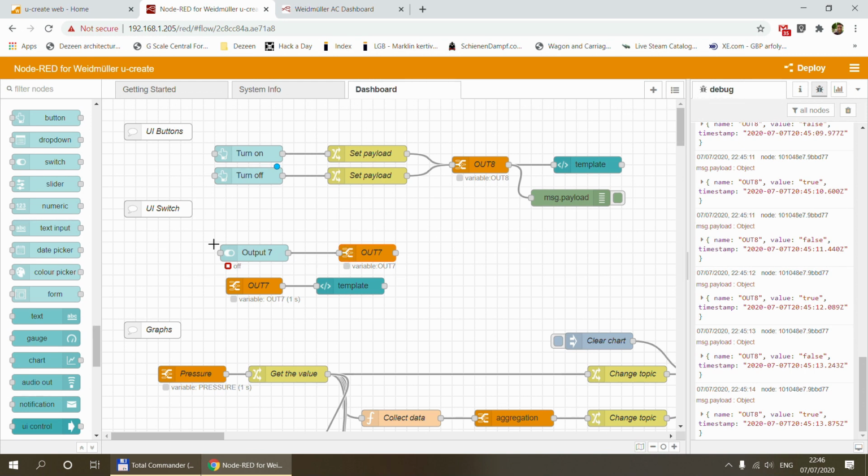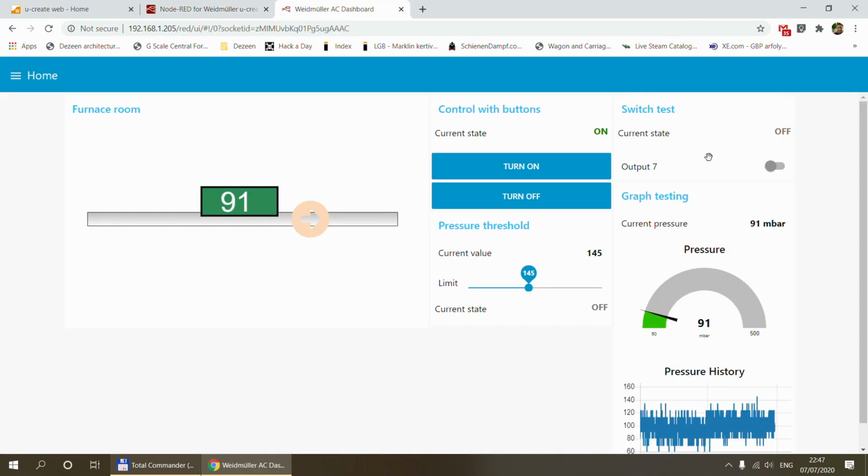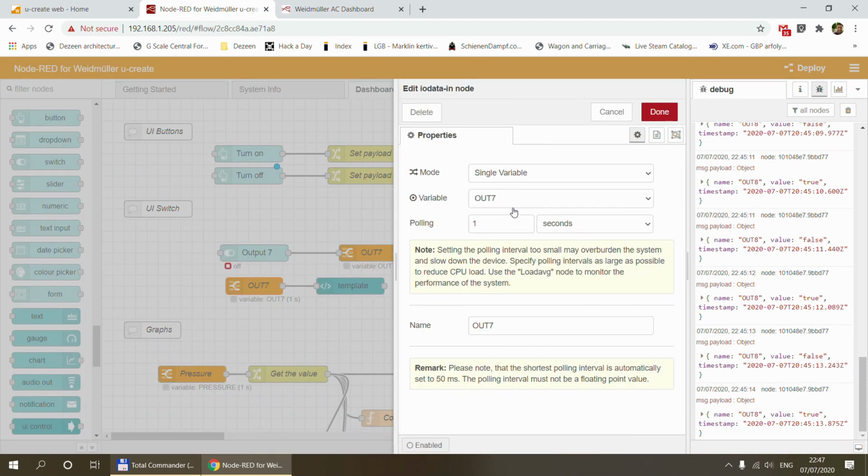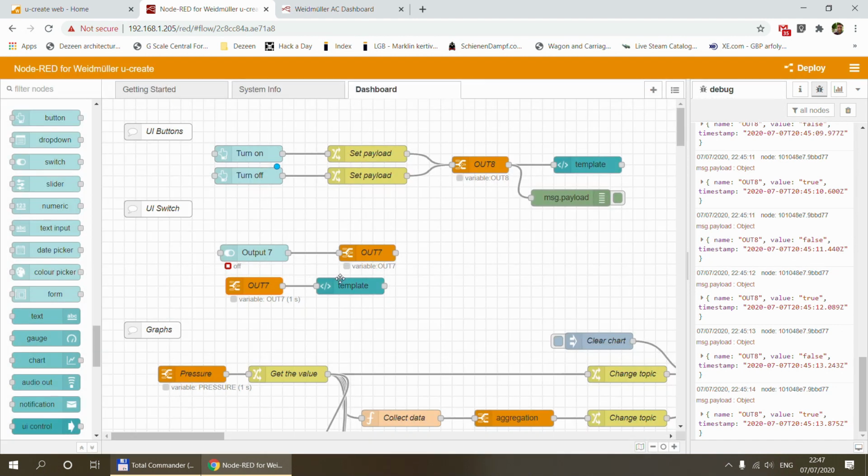And here I wanted to use a slightly different method of displaying the output. So instead of taking the output and putting it into this template node, which is actually here, I have used an IO data in, which is also pulling out 7 every second and is displaying the result. Hopefully you can understand that with the first example that I have shown you, the output is going to reflect what I have set